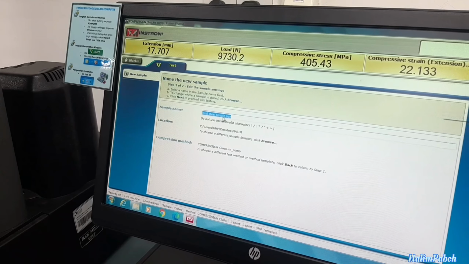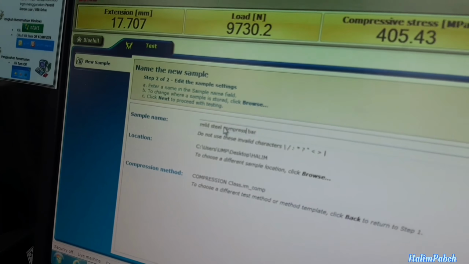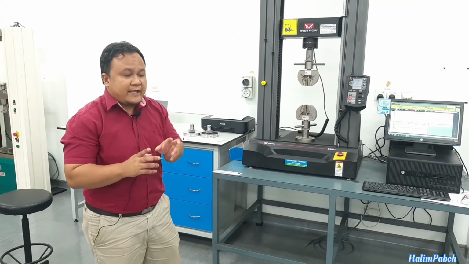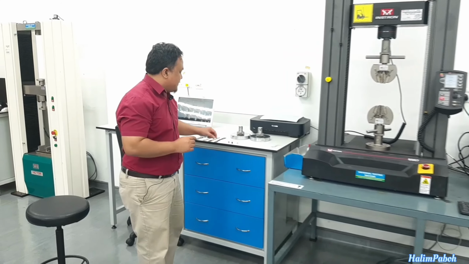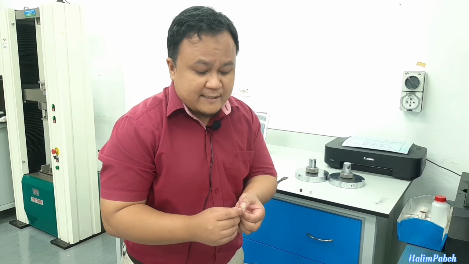Rather than tensile, you use compress, and then click next, and voila, now you come to the interface for the compression test prior to the beginning of your measurement. By the way, just want to remind you, we have a different sample for compression. So again, you need to measure the sample. We have outer radius, inner radius, and the initial height before you proceed with the compression. You repeat all the same test. You input all the data before the test, and you repeat the same procedure for compression also.